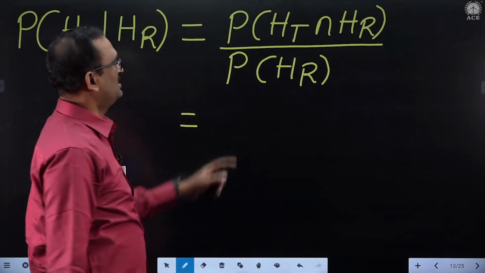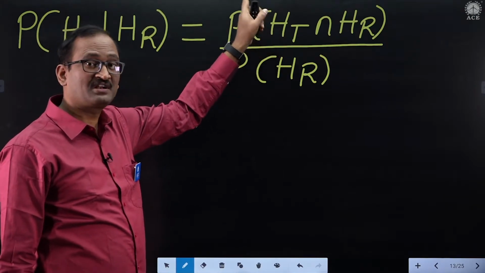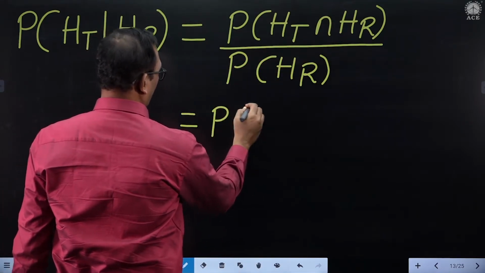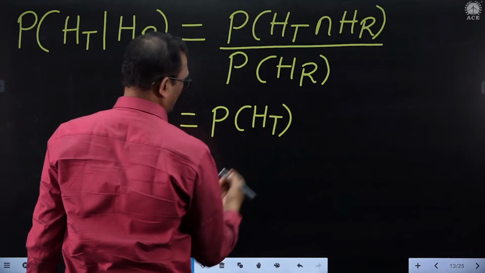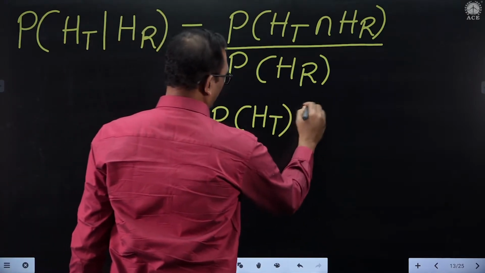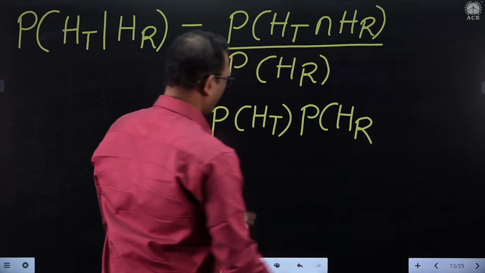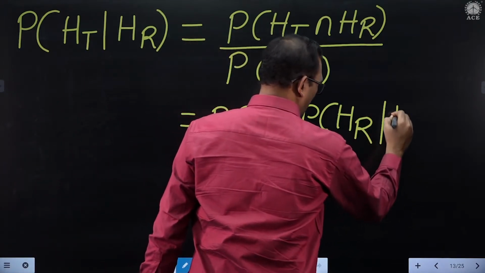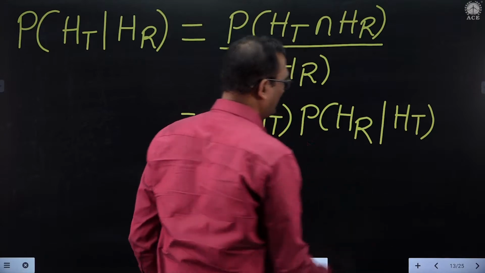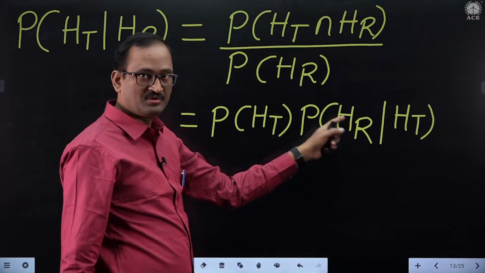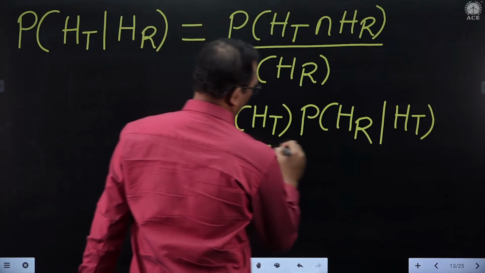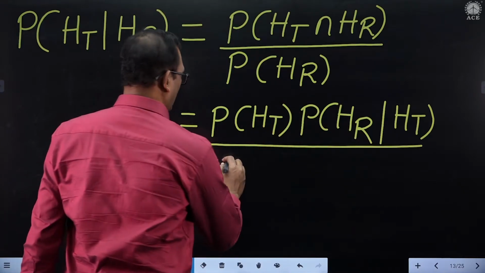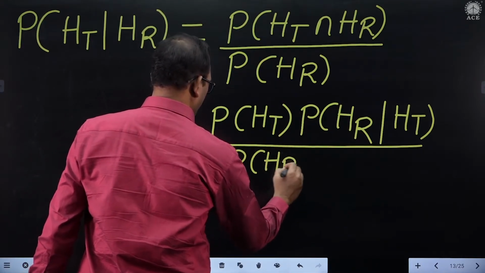So first of all, signal H is transmitted. After transmitting H signal, then only it should receive H. So I can write like this: numerator, first probability of signal H is transmitted. After transmitting H signal only, first H should be transmitted. After completion of transmission of H signal, then only signal H should be received. Otherwise, it cannot be received. Means once a transmission completed, then only receiving will start. So denominator, total probability of H receive.